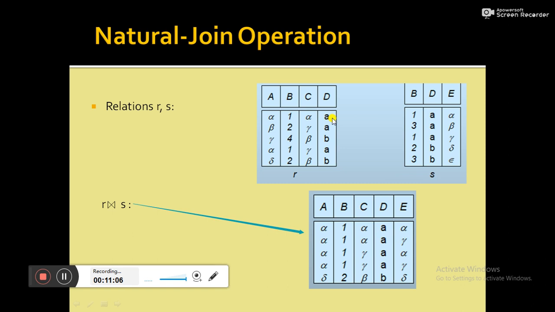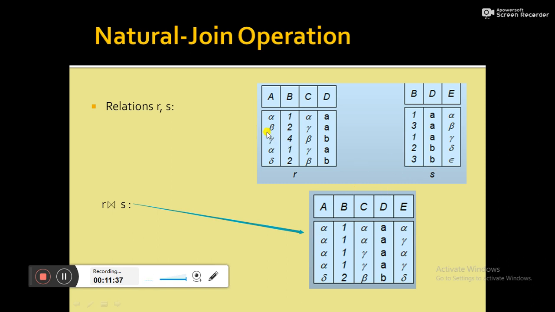Next, that record you have to compare with the next record, which is this one. Common attribute value 1A, common attribute is 2B, it is not same, it is not going to be selected. Next, this record again will need to be compared with the next element of S. Common attribute value is 1A, here the common attribute value BD is 3B, not same, so it will not be selected. So already these two we have got.